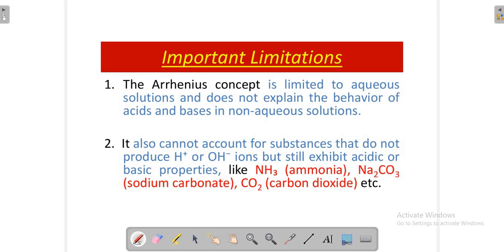इसके अलावा ये एक्वस सॉल्यूशन तक लिमिटेड है और ये कहीं पे भी एक्सप्लेन नहीं करती एसिड और बेसिस दूसरे जो सॉल्वेंट्स हैं, जो नॉन एक्वस सॉल्वेंट्स हैं, उनमें किस तरीके से ये बिहेव करते हैं. इसके अलावा कुछ और सॉल्ट हैं जैसे कि AlCl3 है, एल्यूमिनियम क्लोराइड, एक्वस सॉल्यूशन होता है वो एसिडिक नेचर, लेकिन आर्हेनियस थ्योरी उसको भी एक्सप्लेन नहीं करती. तो ये कुछ लिमिटेशंस हैं और एग्जामिनेशन में अगर हमसे पूछे जाएंगे तो हमें ये सब लिखनी होती है और